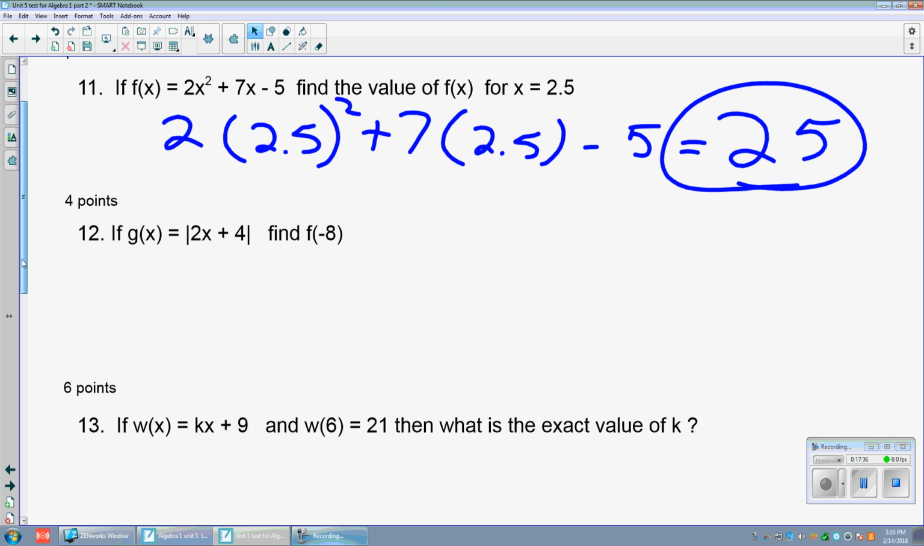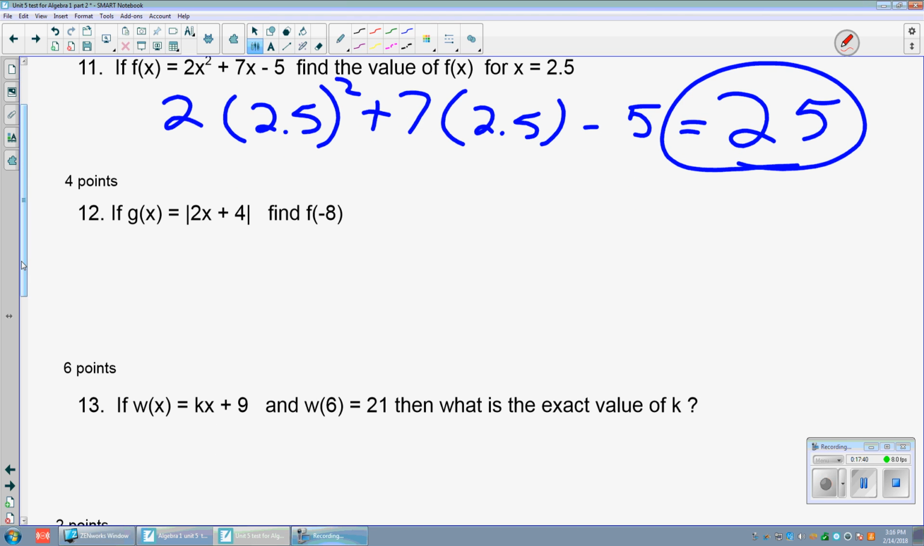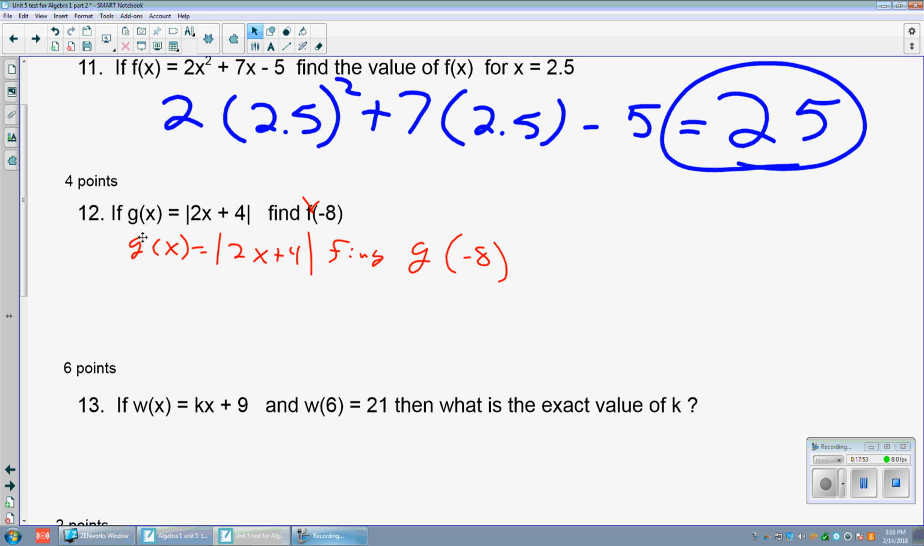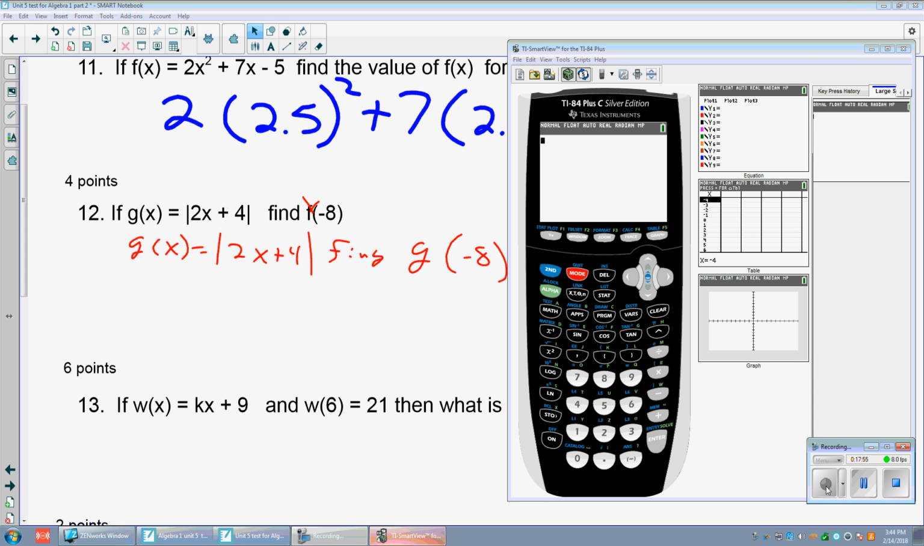Number 12, other than the fact that this should say g of x equals absolute value of 2x plus 4, find g of negative 8. Let's type this into our calculator. The difficulty at hand here was, what are those vertical bars? I already said it once. Do you remember what I said? I said it was absolute value. So you can do this 2 ways. Actually, I'm not even going to do it on this screen, but because we have to find g of negative 8, the first thing on this problem